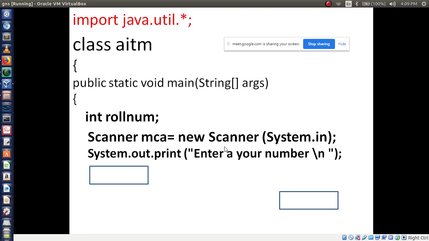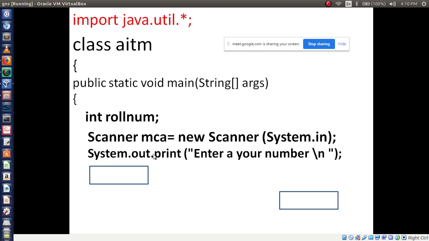After typing this, you are going to type a number 1 2 3. That number should be read and stored in one variable. To store that number, you have to use the object name you have created, MCA, followed by the method for the data type, int.